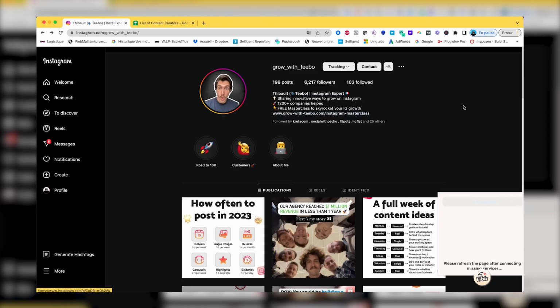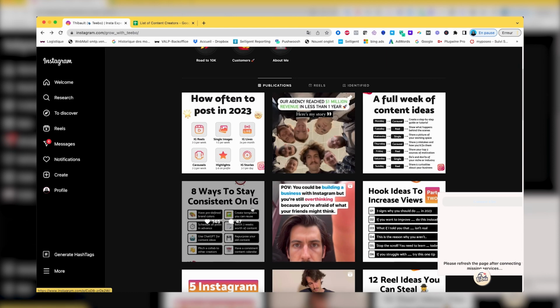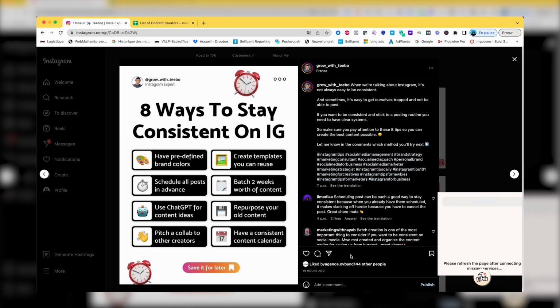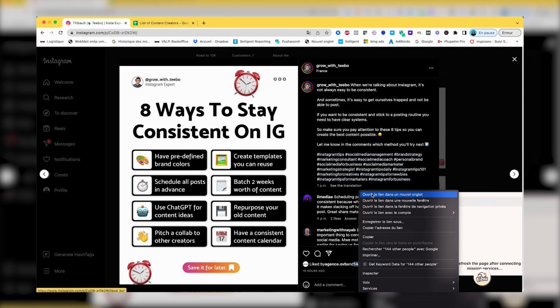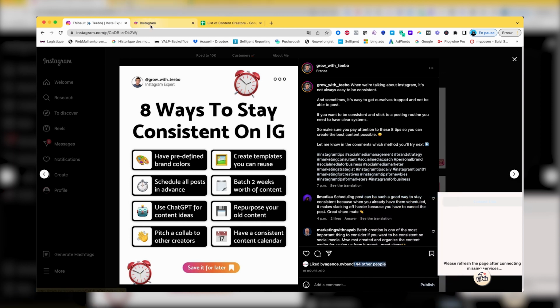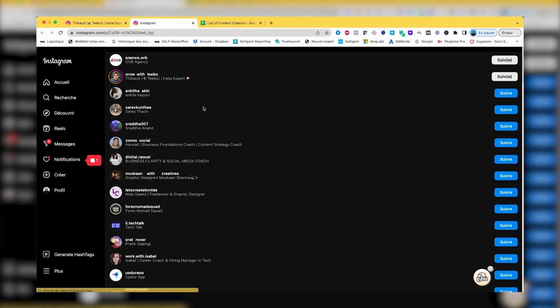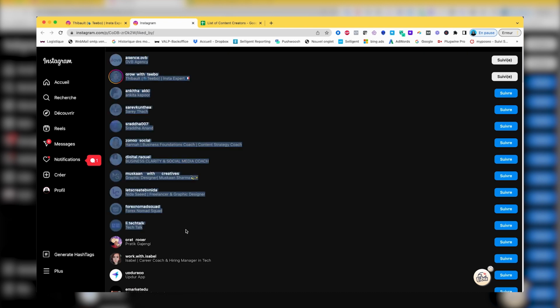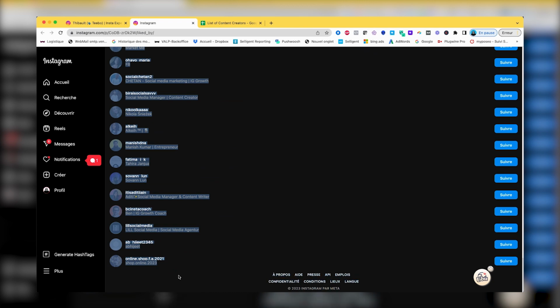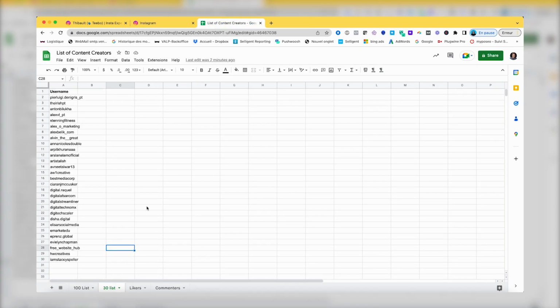your computer. Then go to your profile and open your most recent post. Once you're on the post, right-click on the number of likes and click Open in a new tab. Here you will have the list of all the likers of this post. You will simply select all of the usernames here. You can scroll right to the bottom, copy it, go on your Google Sheet where you have the list of